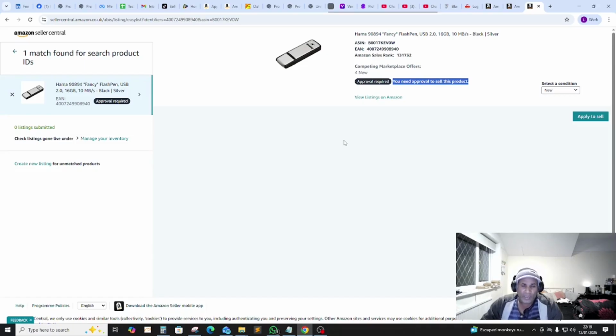And then there are restricted categories. So there are restrictions in those categories. Not every seller is allowed to sell without prior approval from Amazon, because Amazon keeps the Amazon system safe for both buyers and sellers.